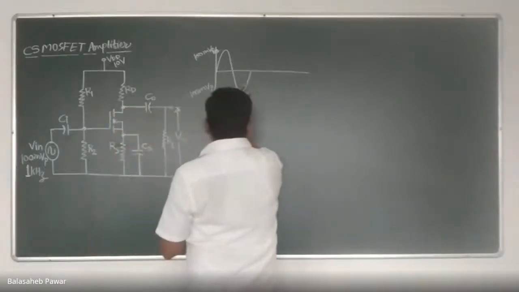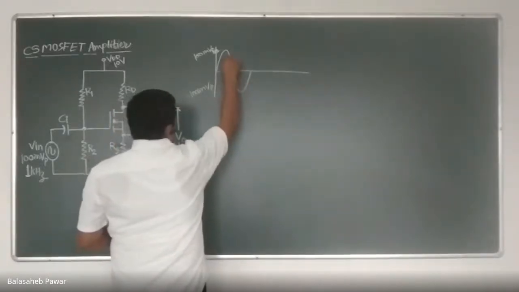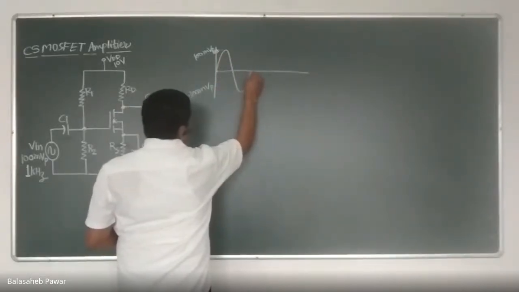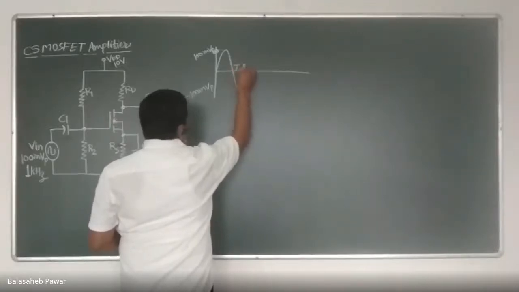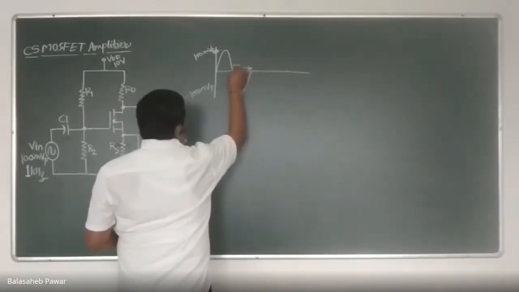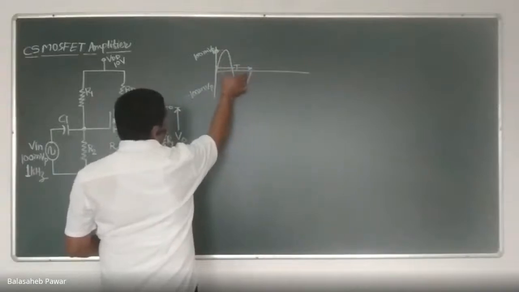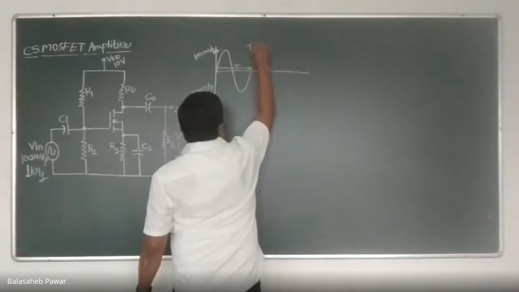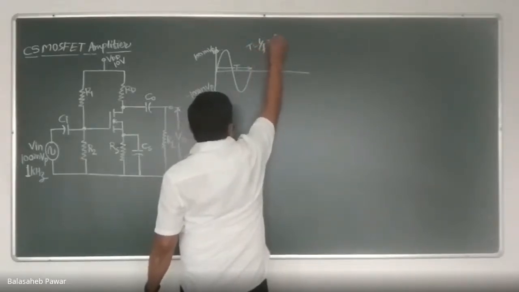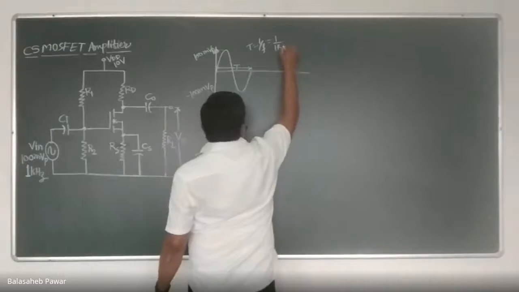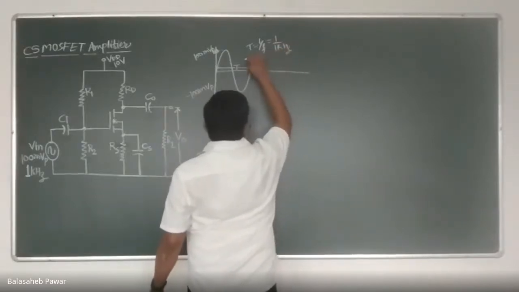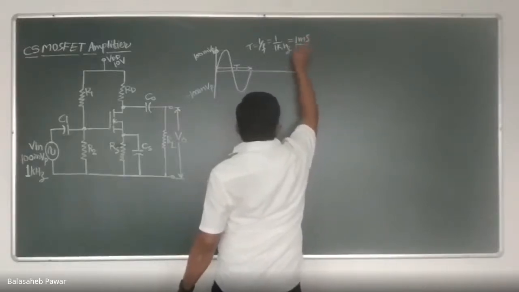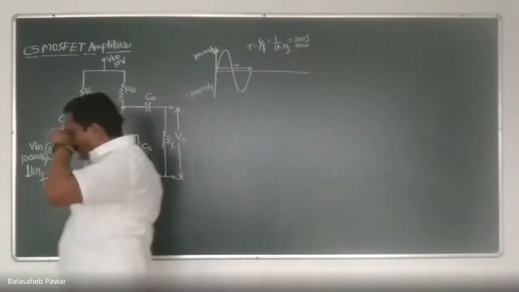So the same signal I tried to show here. This is of 100 millivolt and its frequency is 1K. That means how much will be the capital T of this signal? Capital T is nothing but the time taken by one complete cycle. It is the reciprocal of F. Therefore, T equals 1 by F, as we are considering this signal is of 1 kilohertz. That means this capital T will be 1 millisecond. During 1 millisecond, that signal will complete one cycle.